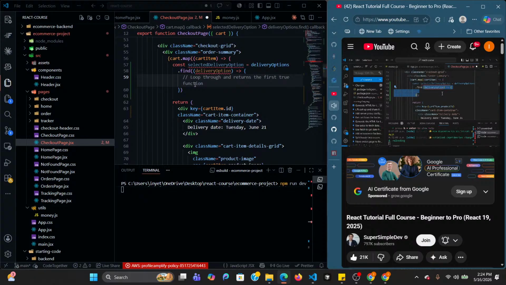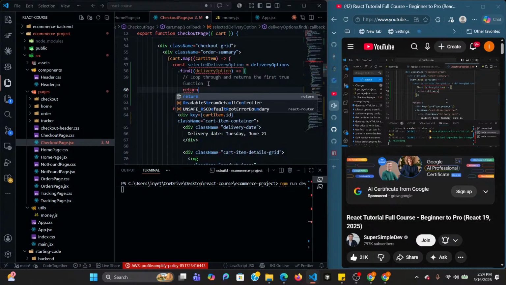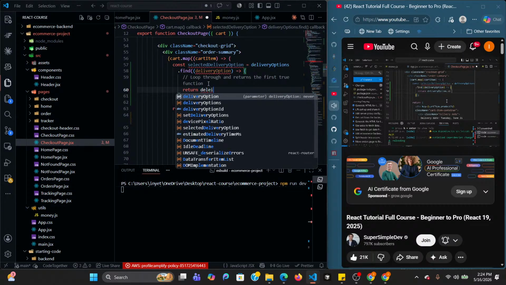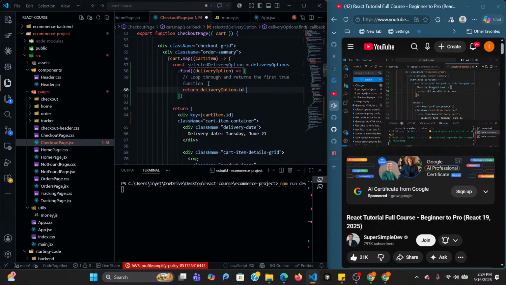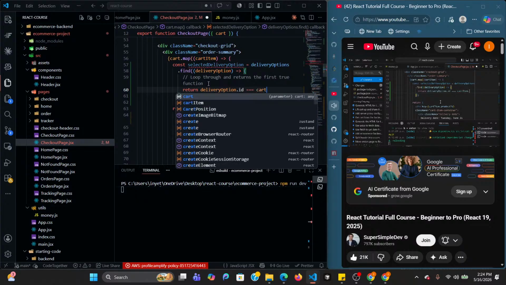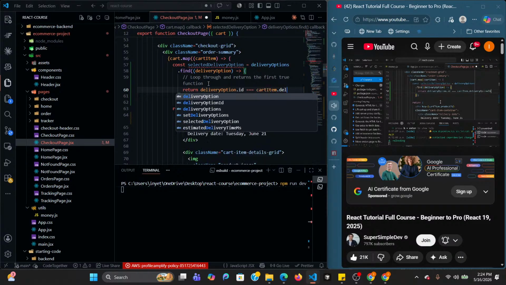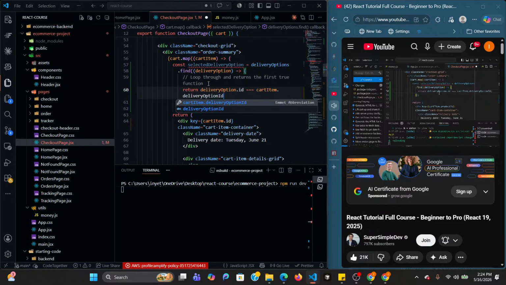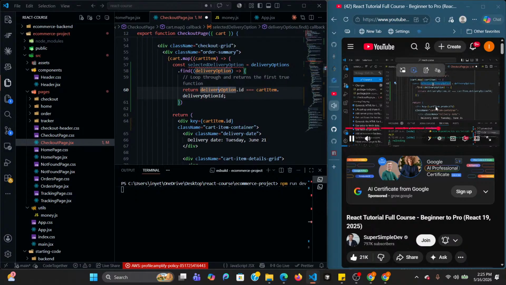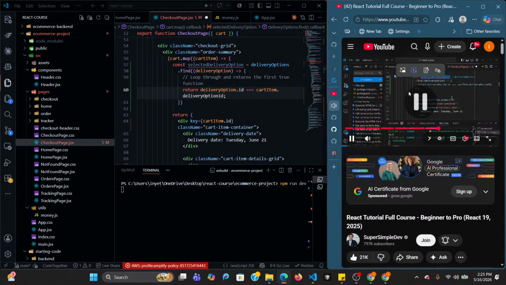So that's how we find something, and then it's going to save it in this variable. So inside here, we want to return the delivery option.id that is equal to the cart item's delivery option ID. So the delivery option that matches what is inside the cart item will return true, and that's going to be saved in here. And now we